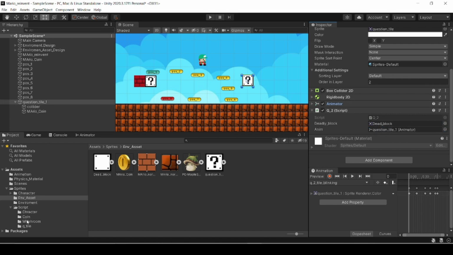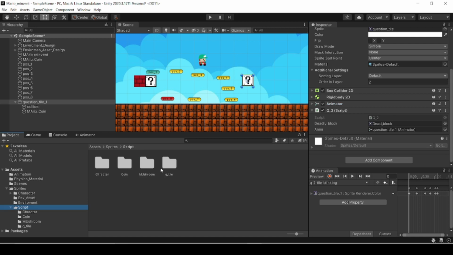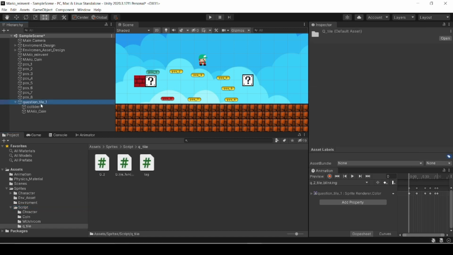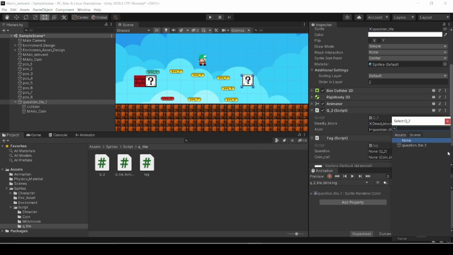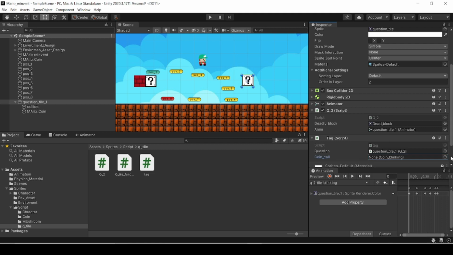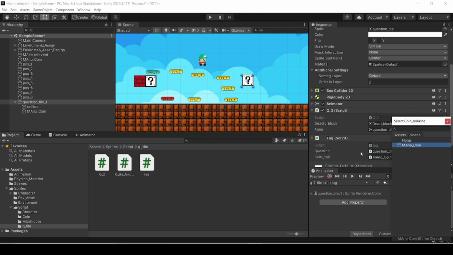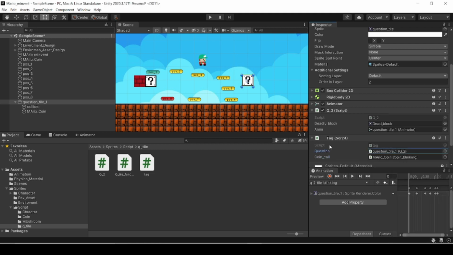So let's assign the script. It's question tile, and this is question tile 1, and here our script is assigned. Now here the question 2, which we easily put through this, and now the script is properly assigned.